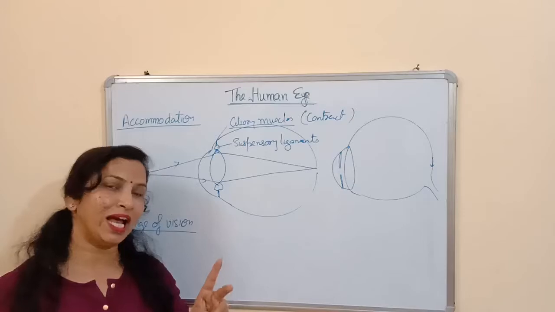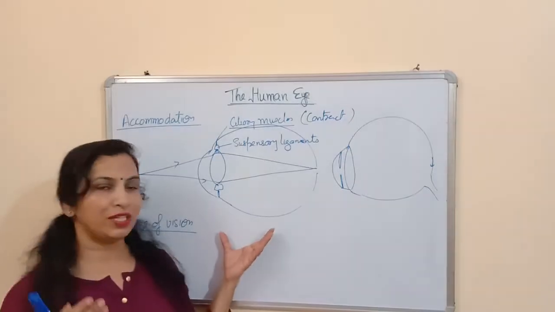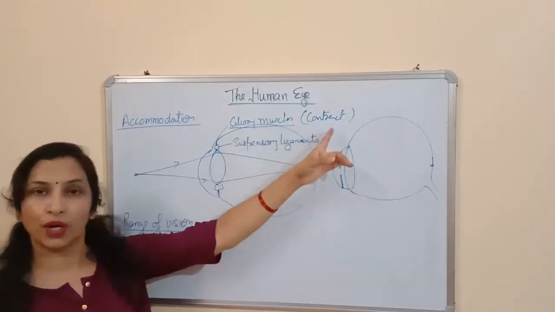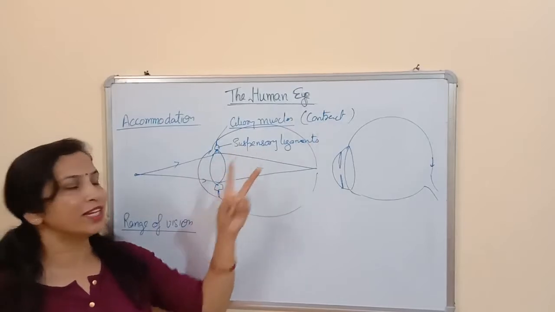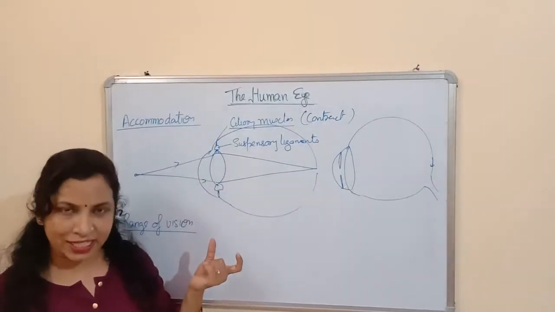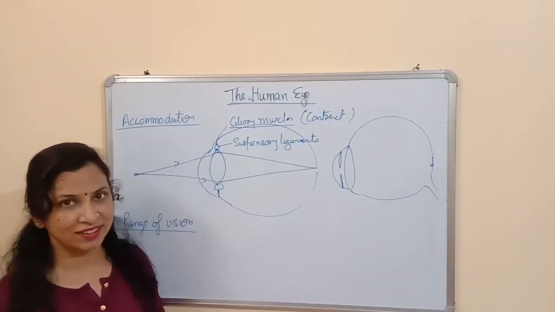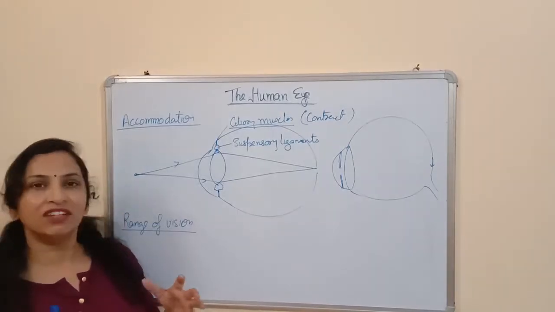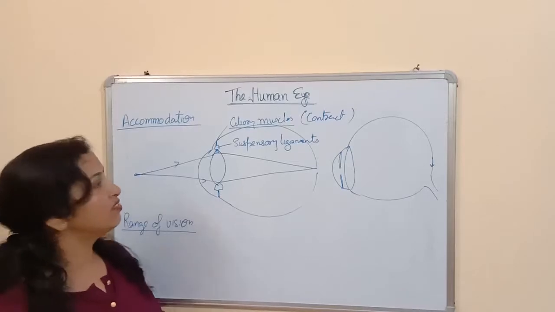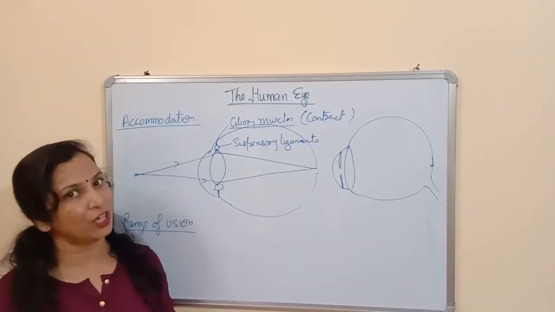And again you will explain how we are able to see the nearby object. In this part, when you see the nearby object, what actually happens is the ciliary muscles contract, due to which the suspensory ligament becomes loose, and this lens gains its original position. It means it becomes thick, since it is made up of protein. So it becomes thick and it converges the light rays coming towards it from the nearby object. So this is how the human eye works, how the human eye can see the nearby as well as the far object.